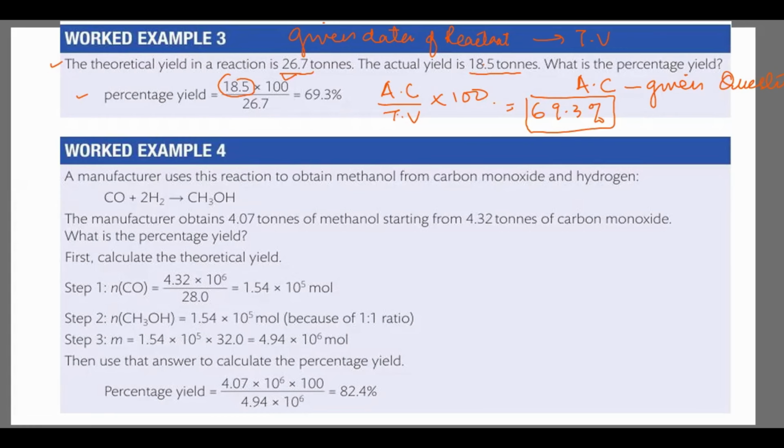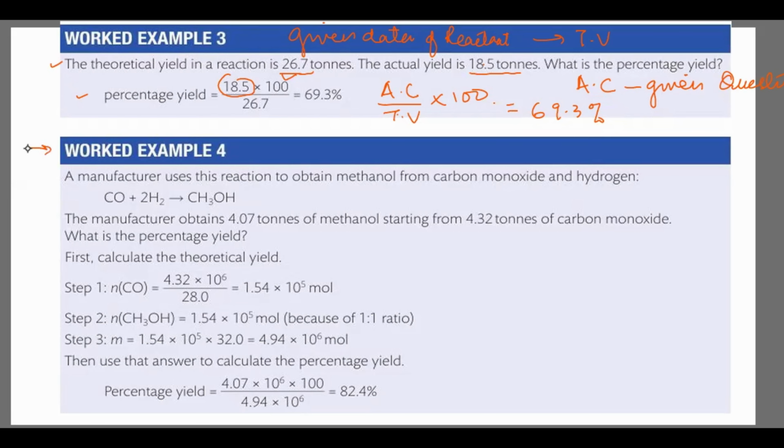Whatever the reasons are there, maybe there are gaps in the reaction or the process, maybe the purity of the reactant is a problem, but somehow we are not getting 100% production of the product. So this is a high alarm for the industrialists, that they have to look into it so that they get the maximum product out of it. This is an indication to look into the production, look into the nitty-gritty of the reaction, so that we can get the maximum yield.